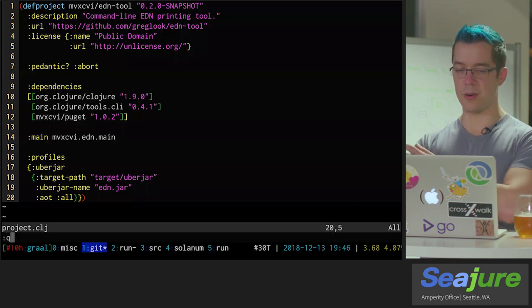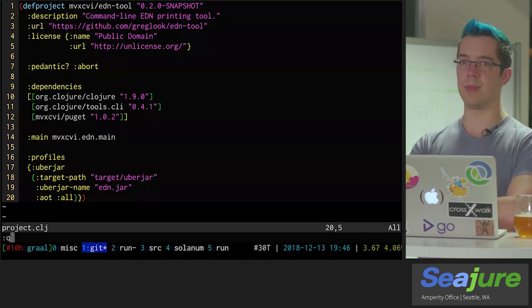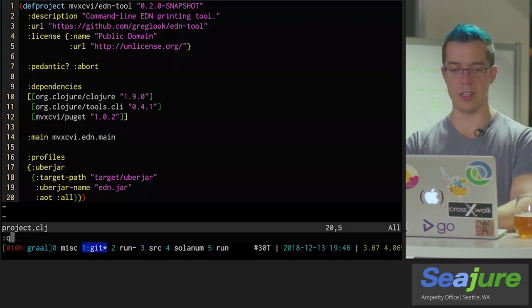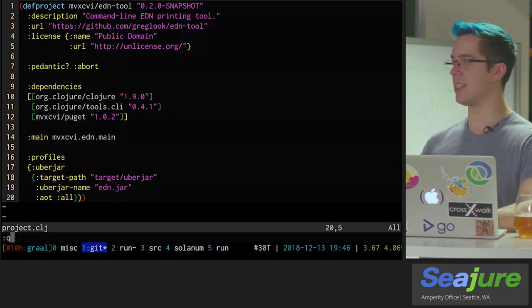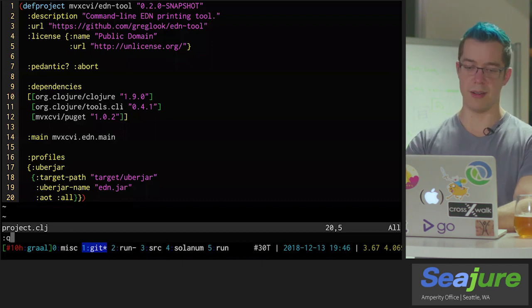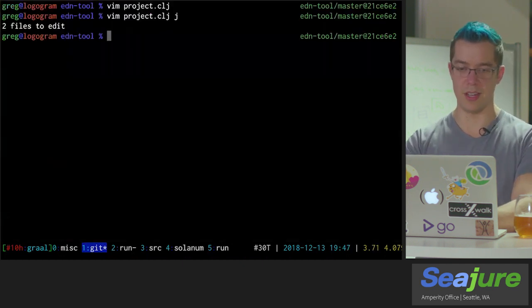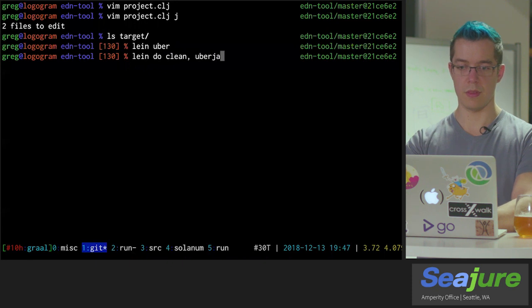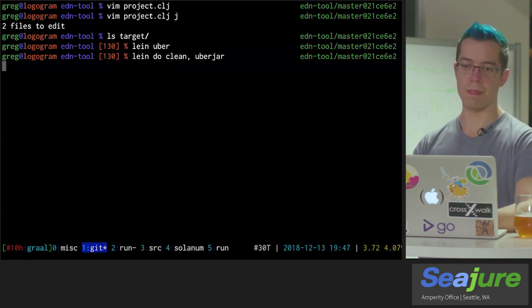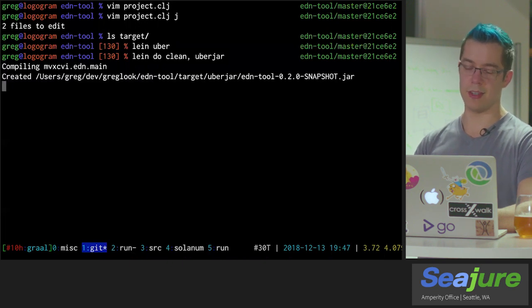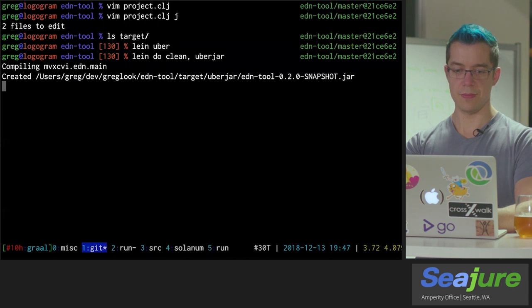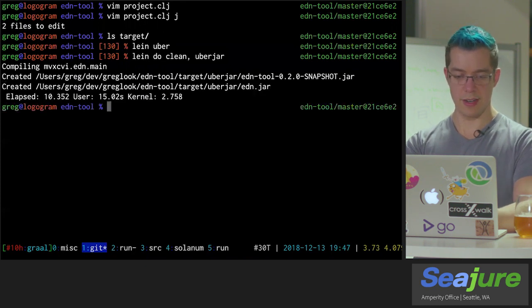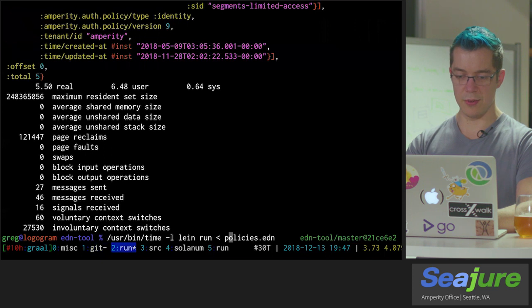And usually, if you're distributing a library, you don't want to do this because you want to let people compile it with whatever version of Clojure they're using. But in this case, if we're building a self-contained tool, we do want to do this because we know no one is going to come along and need to recompile these files. So I'll just do that now. This should be pretty quick because, again, tiny program, almost no dependencies. 10 seconds, not bad. So let's compare and see what the difference is.